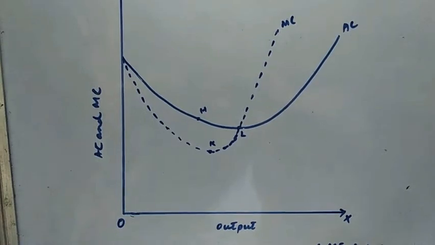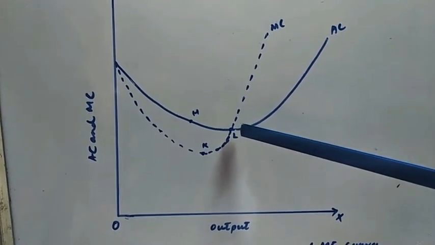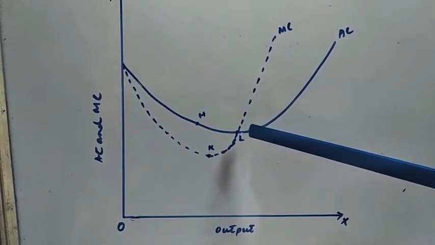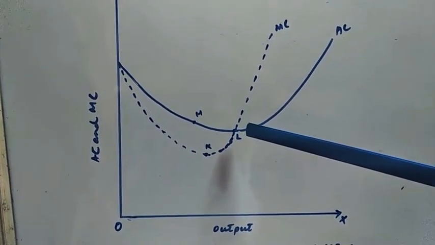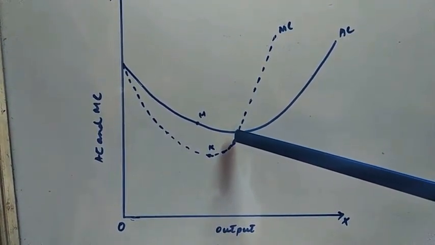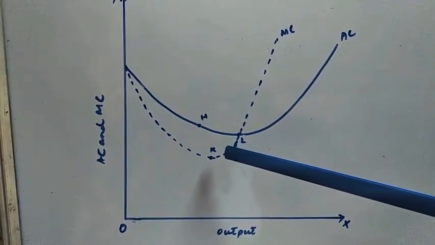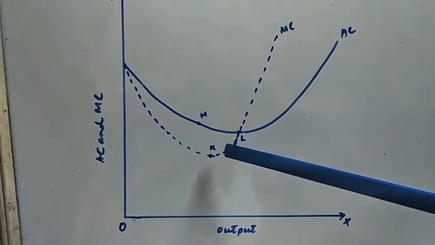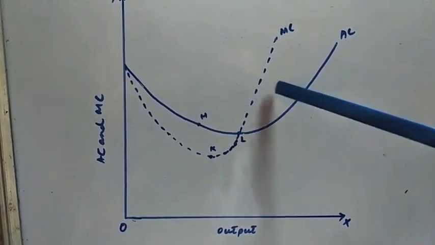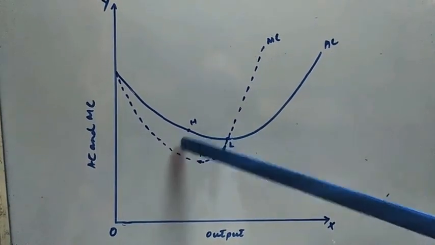When average cost is falling, what we can say definitely is only that the marginal cost will be below the average cost. That we can say, but we cannot say the direction of the marginal